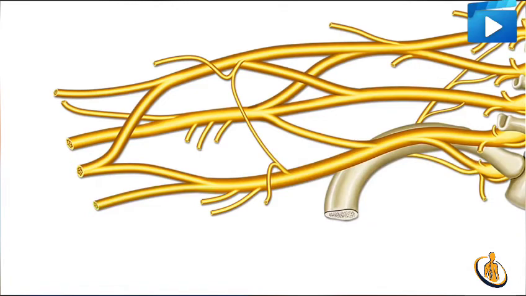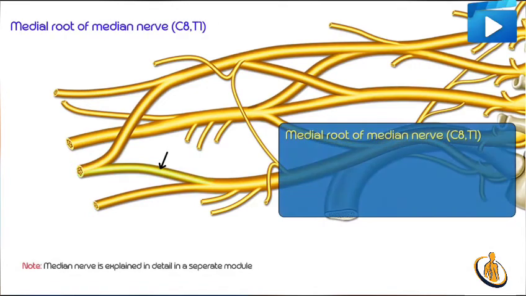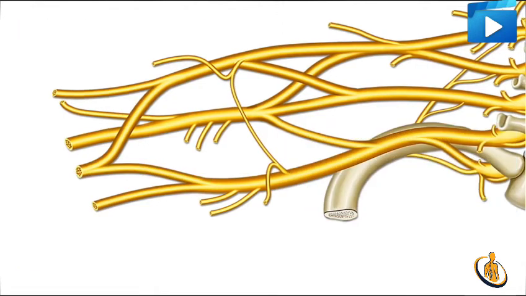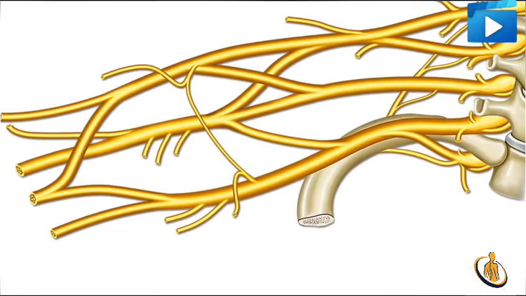So next is the medial root of the median nerve, which is the last branch of the medial cord of the brachial plexus with the root value of C8 and T1. It joins with a similar root from the lateral cord of the brachial plexus to form the median nerve after joining, right? Now let us discuss what are the branches which are arising from the posterior cord of the